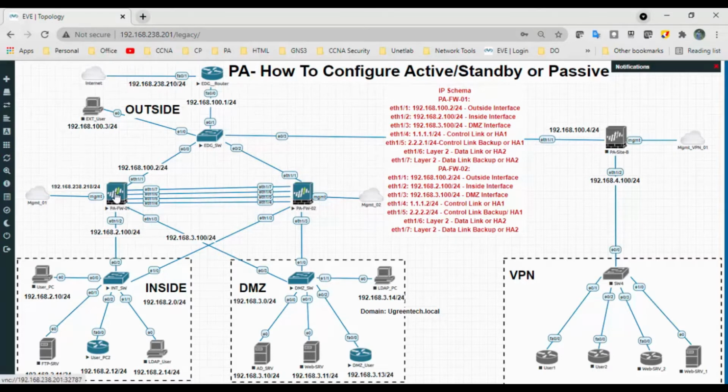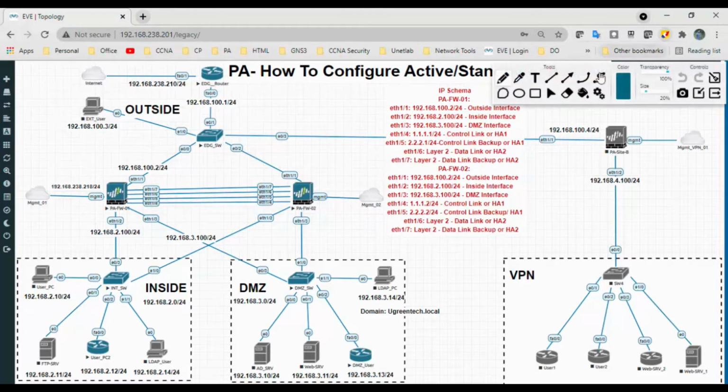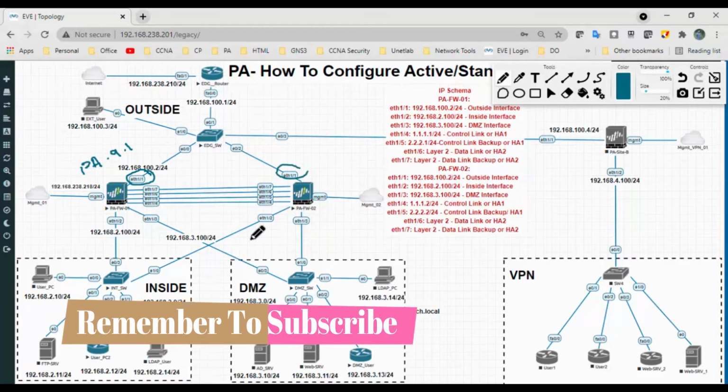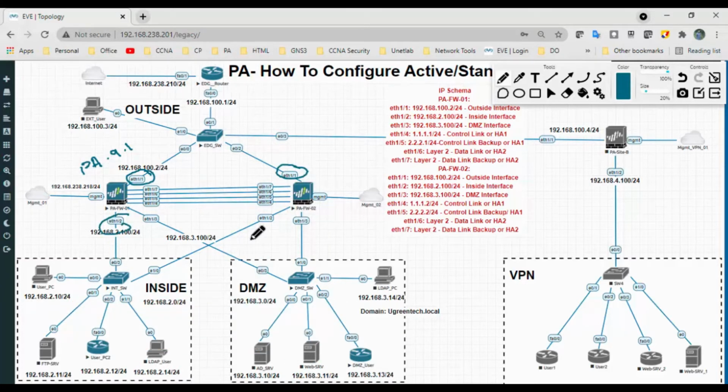Same model in the sense that, in this example, I have PA version 9.1, and it should be the same version, same model, and same type of interface. So I have assigned the same type of interface here, ETH1/1, and here also ETH1/2 for inside zone, ETH1/3 for DMZ zone, and this is my management server.